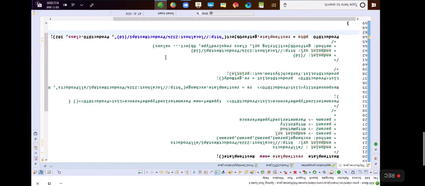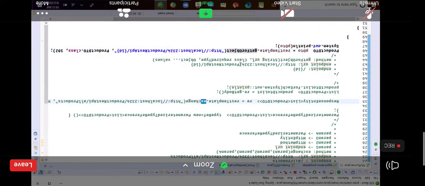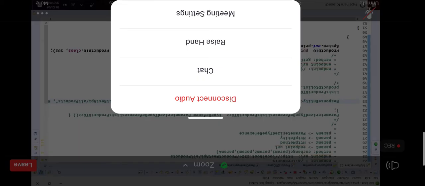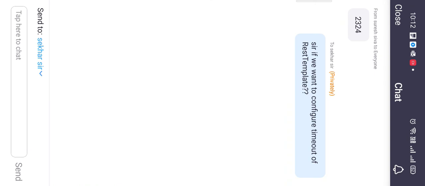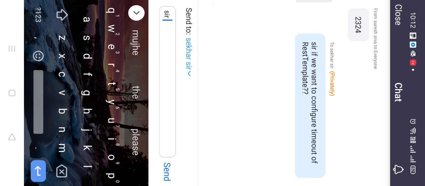And I just want to print this product, pDTO. Now the second endpoint I am testing here is with HTTP method GET. So getForObject is the method I am calling. Earlier I called the exchange method to capture into a generic type, or if you want to exchange any headers or body in the request. But here the response is not a generic type. I would like to capture it into a ProductDTO type.